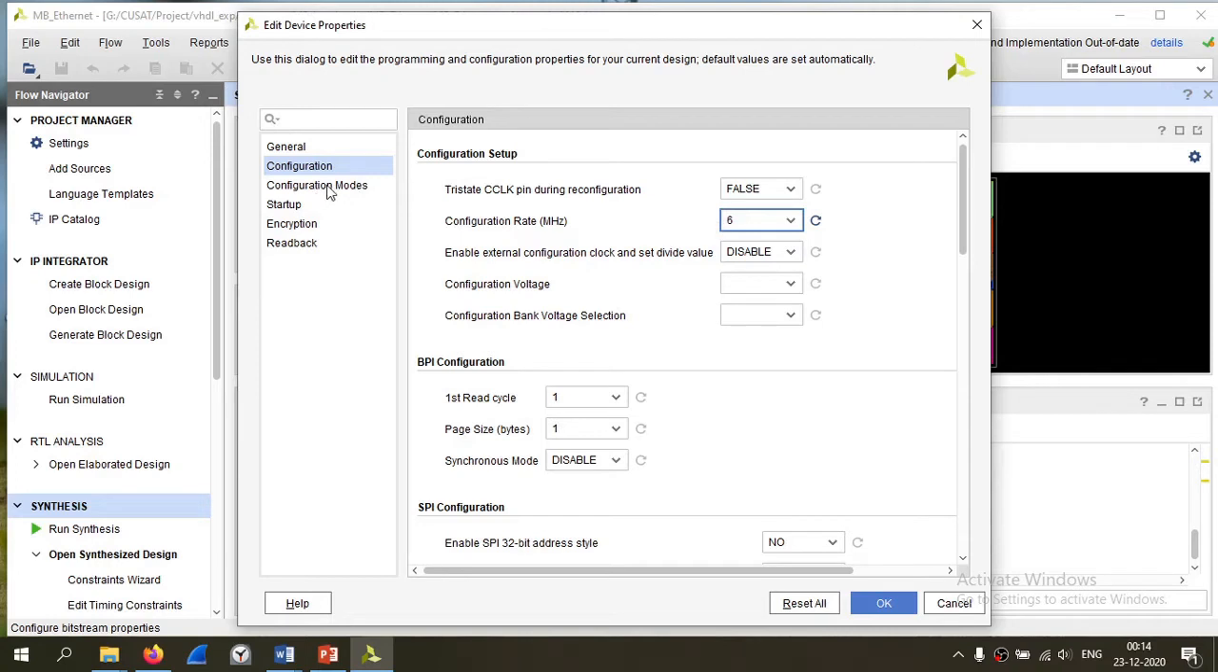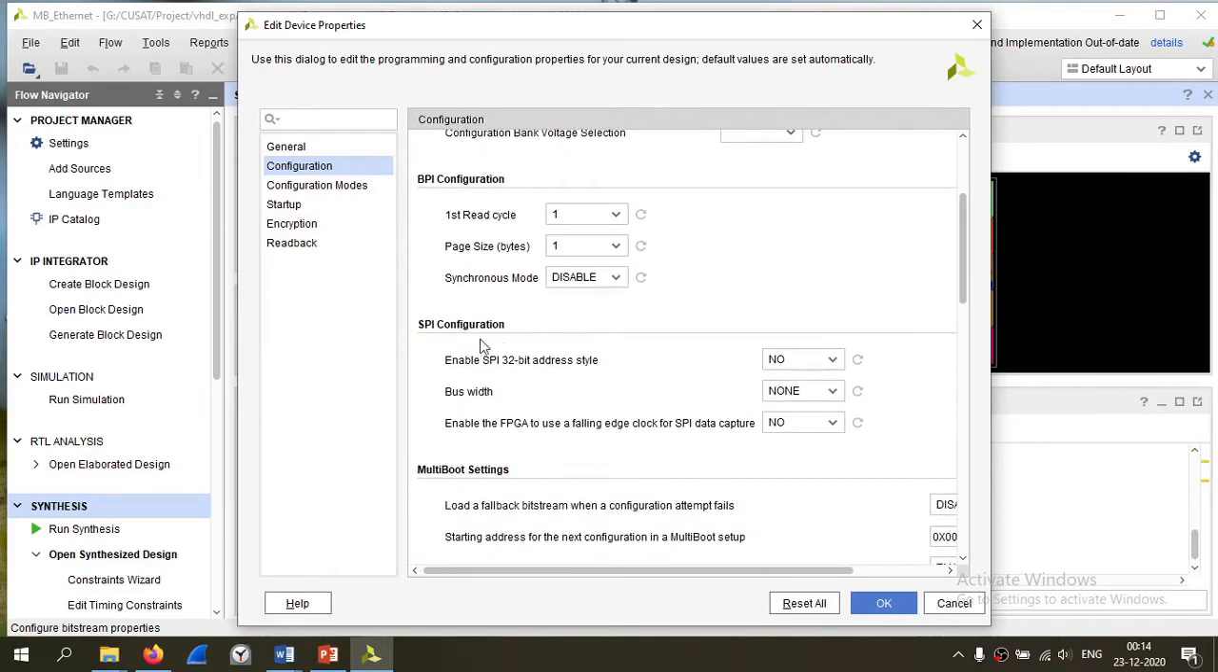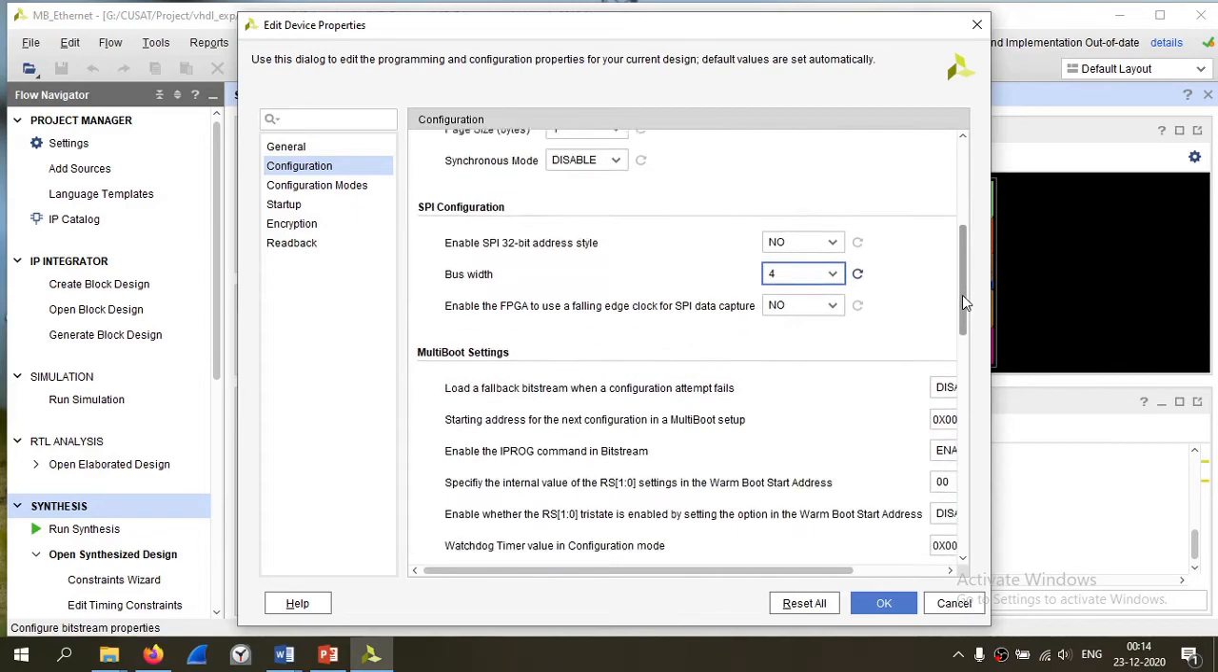And then you can go to the SPI configuration. Since we are targeting SPI flash, you have to go to the SPI configuration and change the bus width. By default it will be shown as none, so we will be using quad SPI, so we'll choose this 4. Other options you can leave as such,